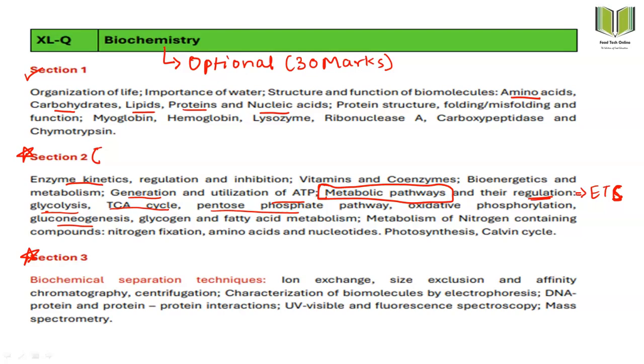And after that, a lot of information about glycogen and fatty acid metabolism and metabolism of nitrogen containing compounds like nitrogen fixation, amino acids, nucleotides and the urea cycle. Photosynthesis, something about photosynthesis, the Calvin cycle and the C3 C4 mechanism of photosynthesis. After that there comes the part which is related to laboratory techniques, or that is biochemical